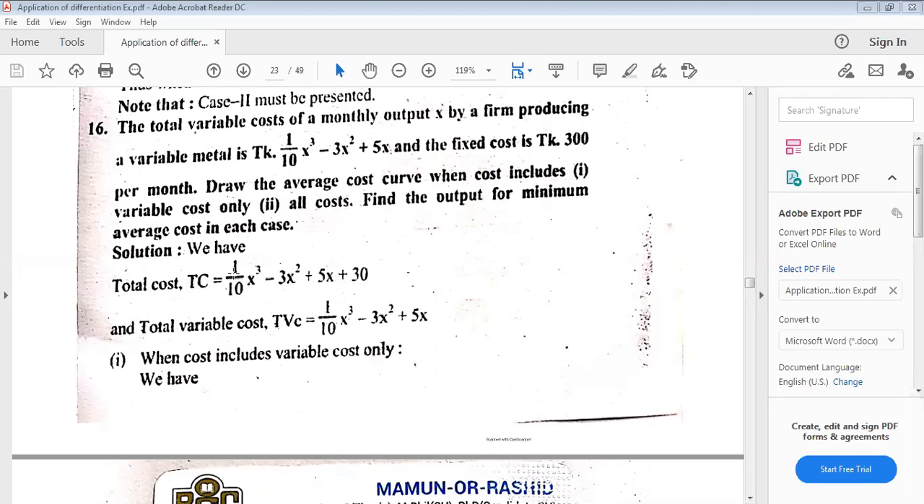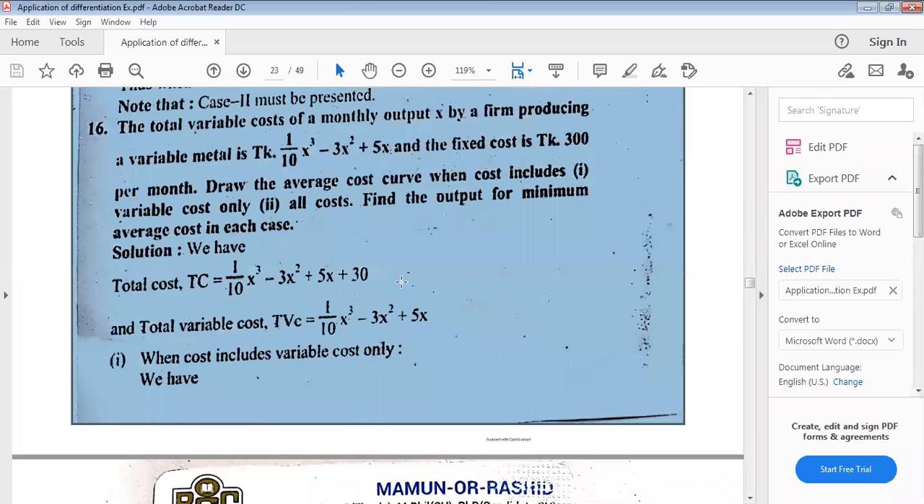So total cost will be 1 by 10 x cube minus 3x square plus 5x plus 300. Therefore, what will the total variable cost be? The variable part only: 1 by 10 x cube minus 3x square plus 5x, without this. This is the fixed cost, actually 300. Now, when cost includes variable cost only,